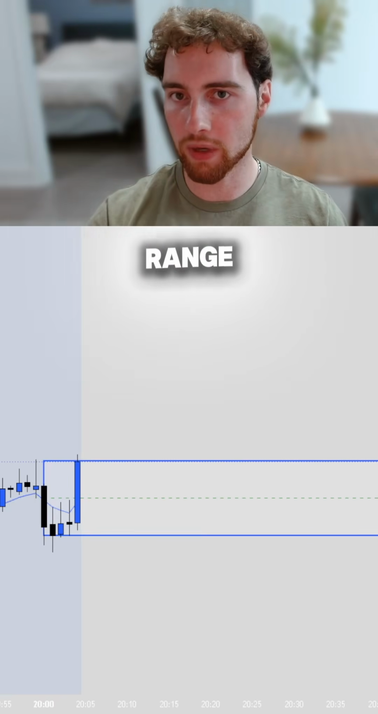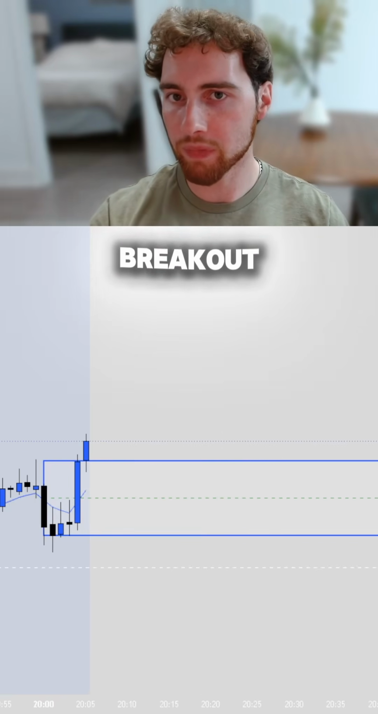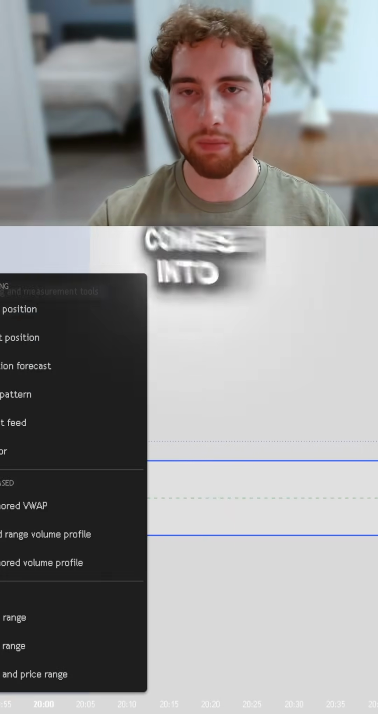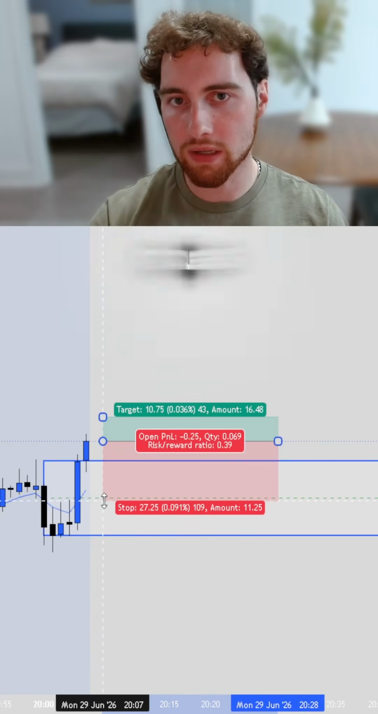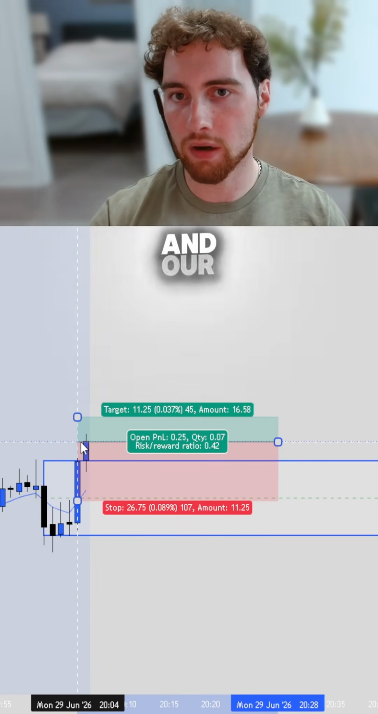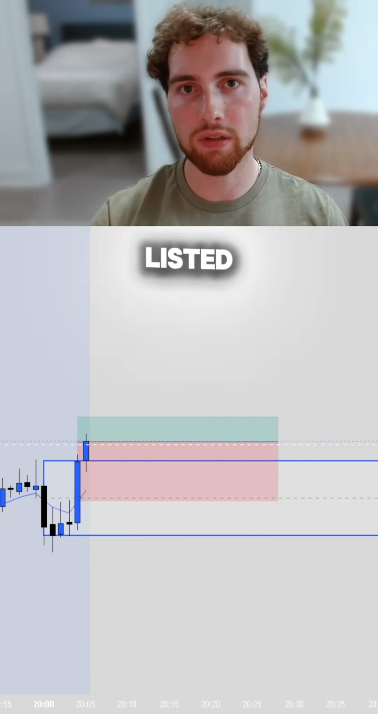So then once you have that range marked out, you want to wait for a breakout. And now this is where my checklist comes into play, because normally we wouldn't enter in a breakout like that, but since it aligns with all of our confluences and our entry criteria that I have listed in the checklist,